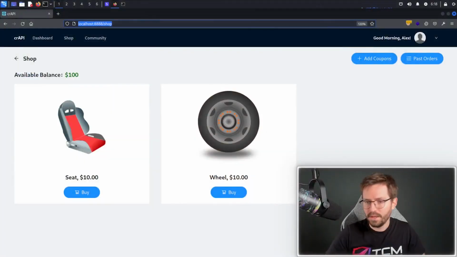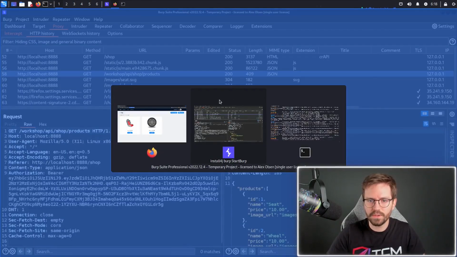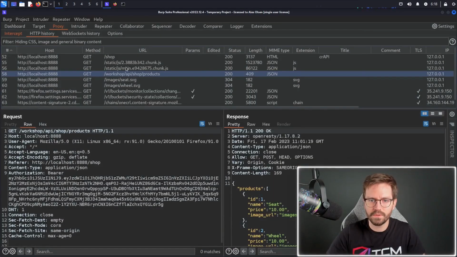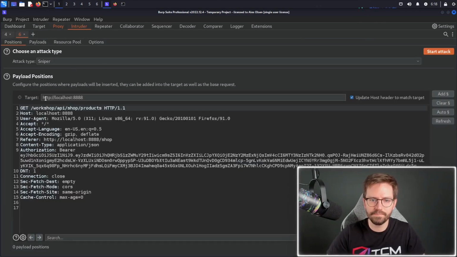Let's dive straight in. So here I have the crappy application as I just showed you all, and if we switch to Burp Suite, we have the endpoint that we want to attack. And I'm going to fuzz this endpoint really quickly, both with Intruder and FFUF, and see what results we get back. So I'm just going to hit Control-I, send to Intruder, and I'm going to add our payload marker here,